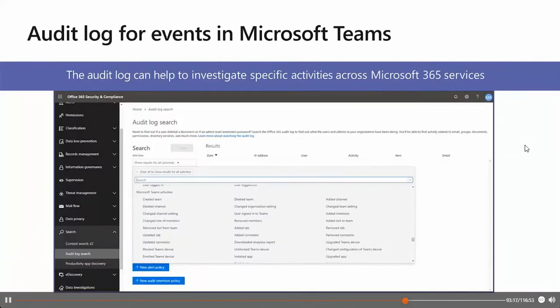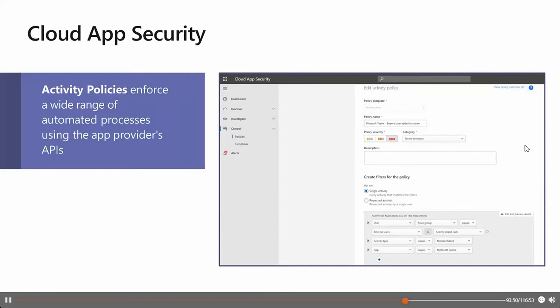If we take a closer look at the audit logs, and specifically for Microsoft Teams, we can see the audited information about team creation, team deletion, the added channels, and the change of settings. And this gives us also a great capability to see the interactions on the typical team infrastructure, to see what's happening in the organization and how we can avoid any misusage, for example, or to detect any malicious activities in our organization.